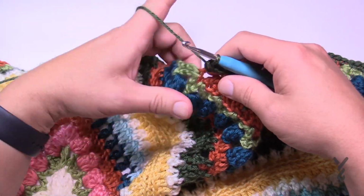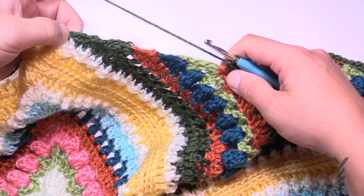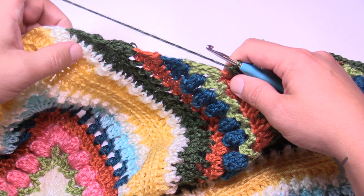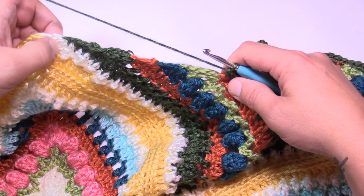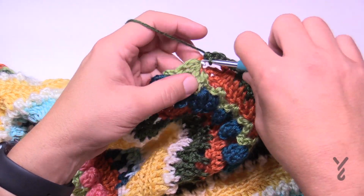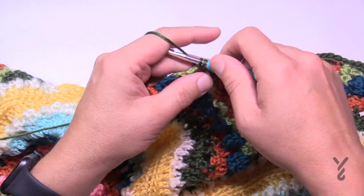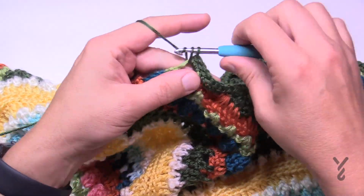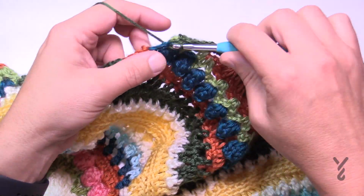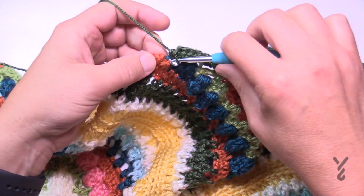And continuing along, the next time that you're gonna have something special will be very close to the end of this. So just watch these stitches here. See these faux popcorns? That means that there's a double crochet at the end of the rainbow really. So connection spot, and let's do 3 single crochets around the next treble. So 1, 2, 3, and then connection, and now the next one. So 1, 2, 3, connection,